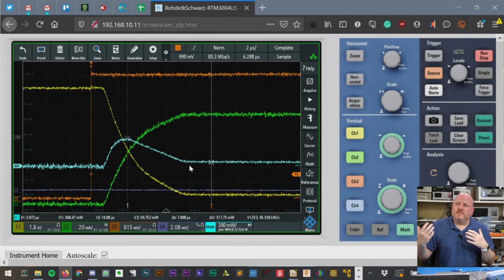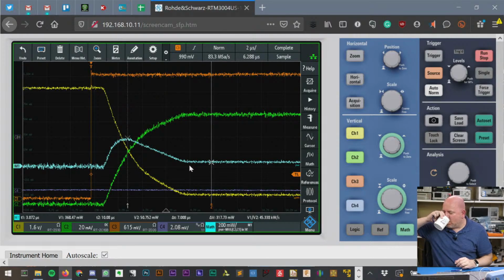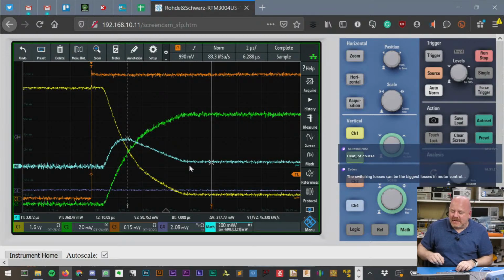Now, if you're on AC mains, the wasted power isn't usually necessarily the bad thing. But what does power generate? What happens when you have more power dissipation? Yeah, the switching losses can be the biggest losses in motor control. Actually, yeah, motor control,